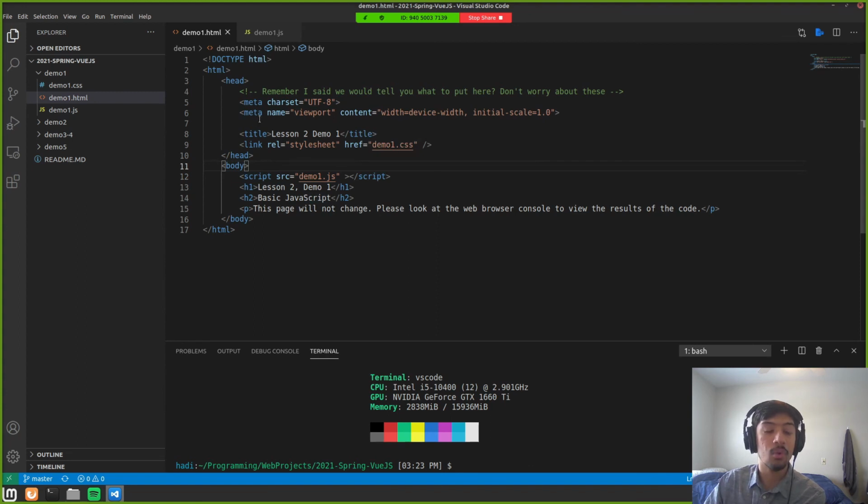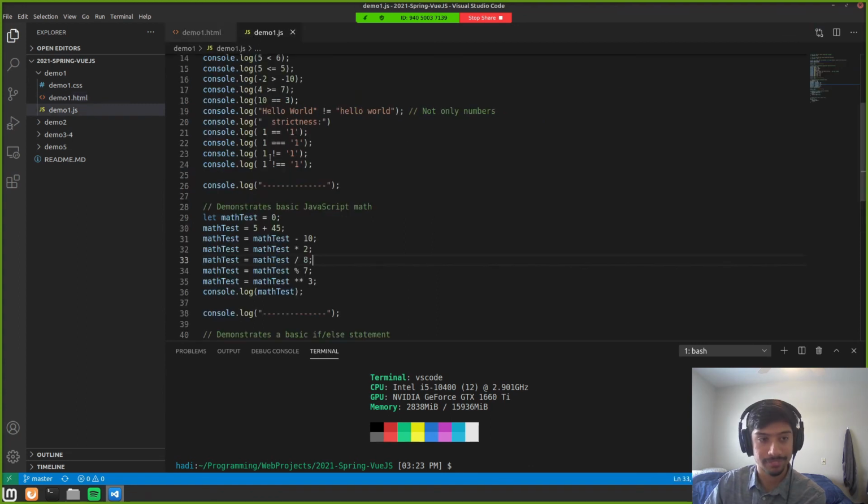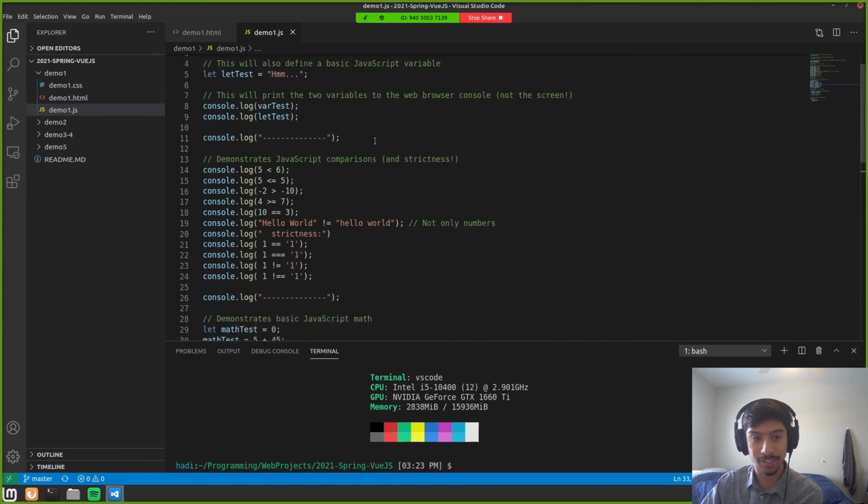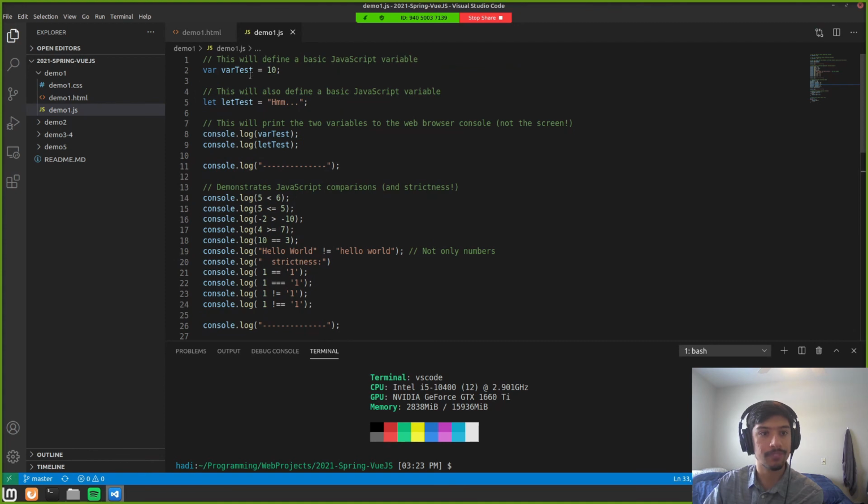Now, how do we actually write JavaScript? Here's a really long file that I wrote. You don't have to go through all this line by line, but I did comment it in case you were wondering. These first two lines talk about how to define variables. We have var test equals 10, so we're setting the variable test equal to the value of the integer 10. And on line 5 here, we have a let test equal to the string